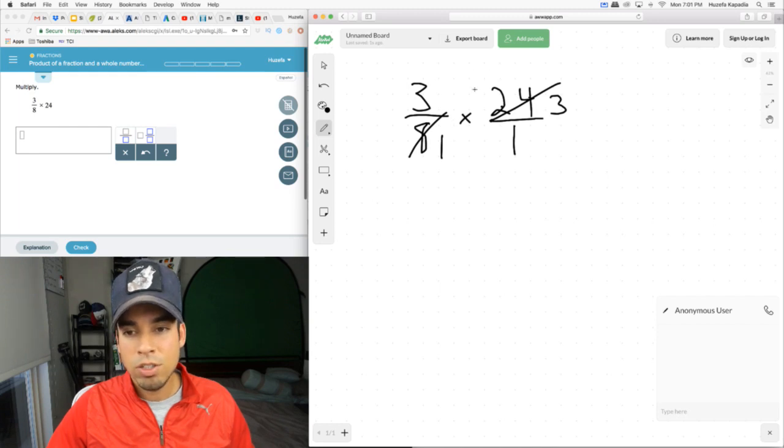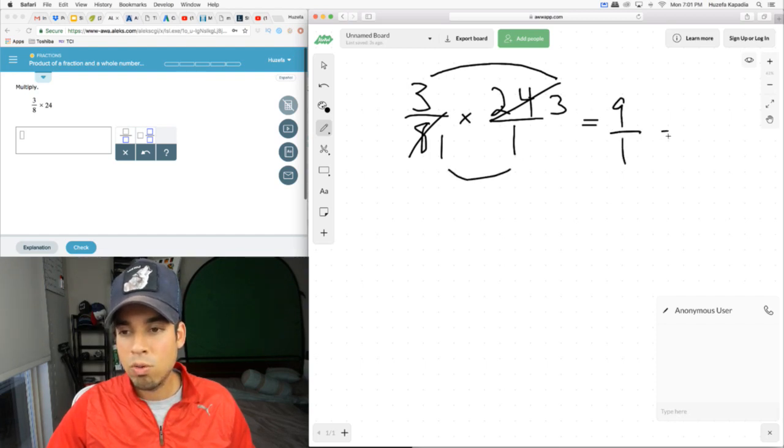So now I have much easier numbers to work with. Now I can multiply across. 3 times 3 is 9, 1 times 1 is 1, and I get 9 over 1, which is just